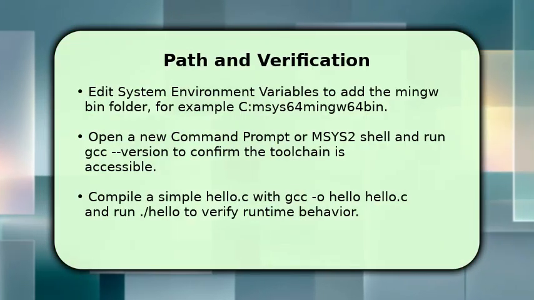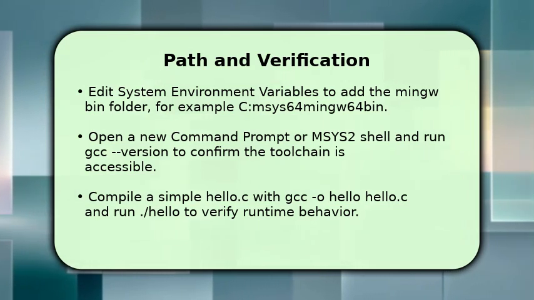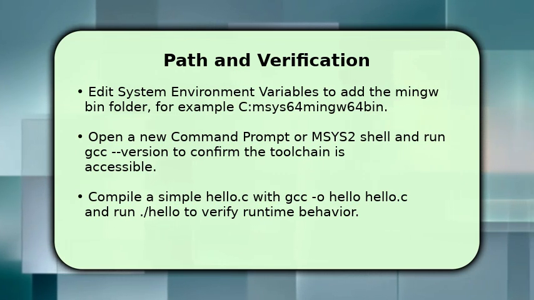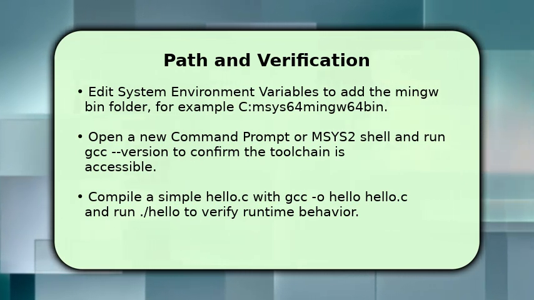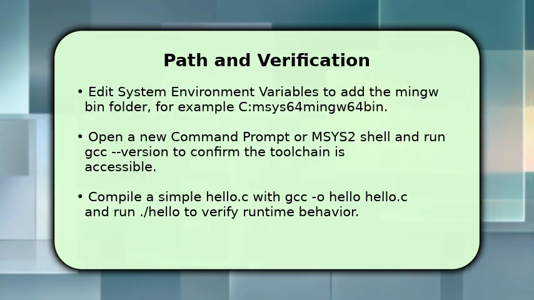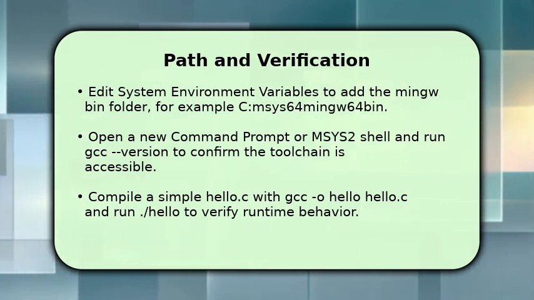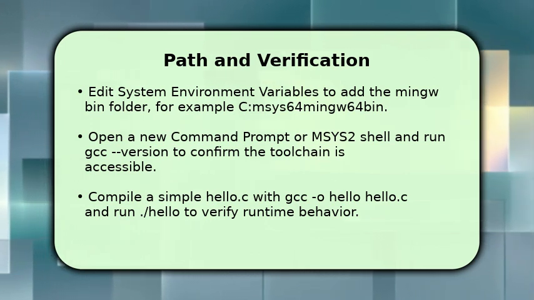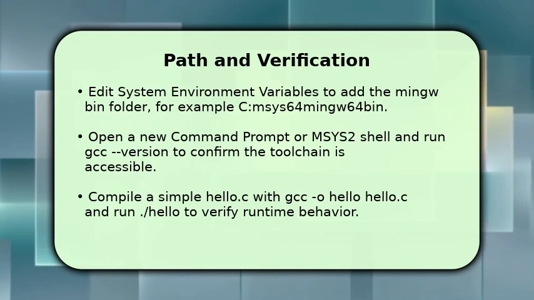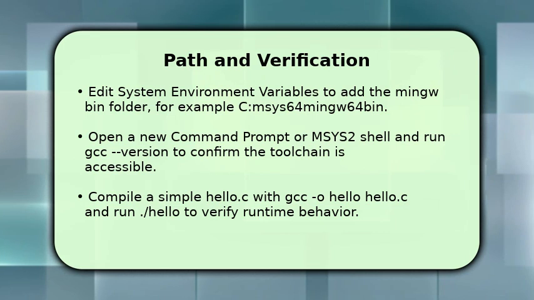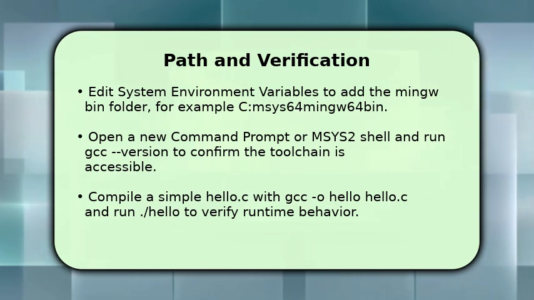After installation, set the PATH to include your MinGW bin directory so commands are available globally. Open a new terminal and run gcc --version to confirm the compiler responds correctly. Create a minimal hello.c file, compile it with gcc -o hello hello.c, and run the executable to ensure output appears. If everything works, your environment is ready to build larger C projects and use common build tools without extra